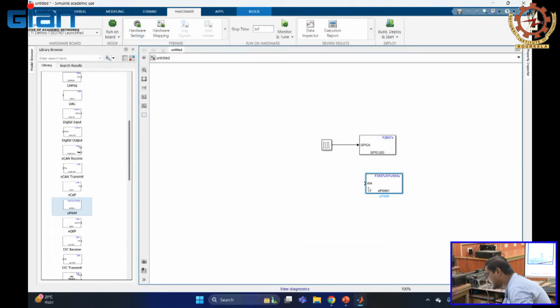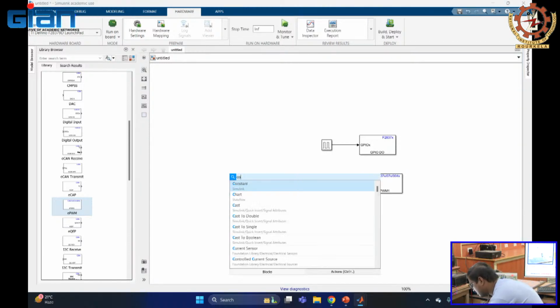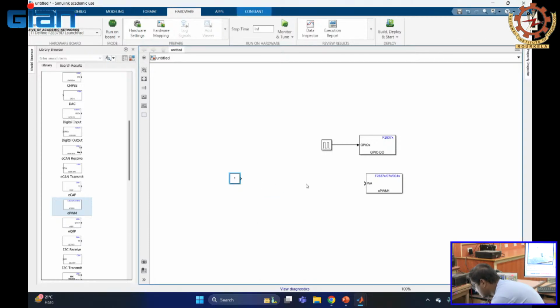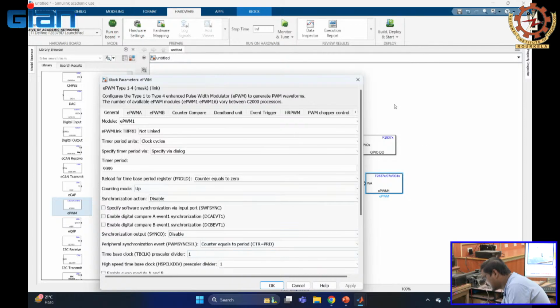So we have got here the output. Here we can see that we have access to our compare A. So I am giving a constant. See, inside we have given. Now what happened? The compare A has to